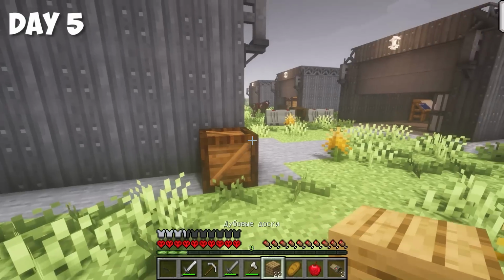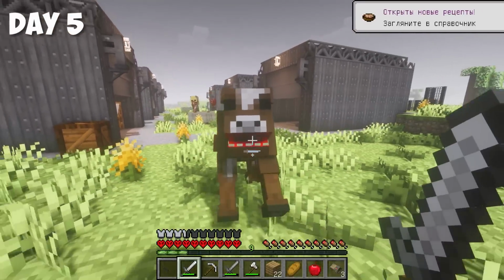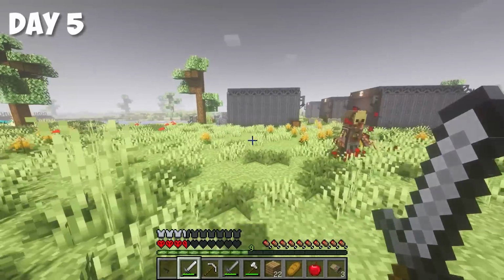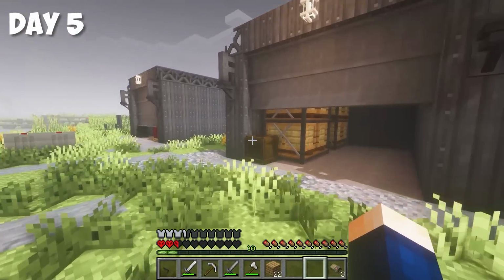Some kind of box? No. Okay, first of all, let's try to deal with these monsters. Because, you know, they can pose a threat. For example, they can kill almost half of your HP. What could be interesting here? Basically, I hope to find some kind of normal...